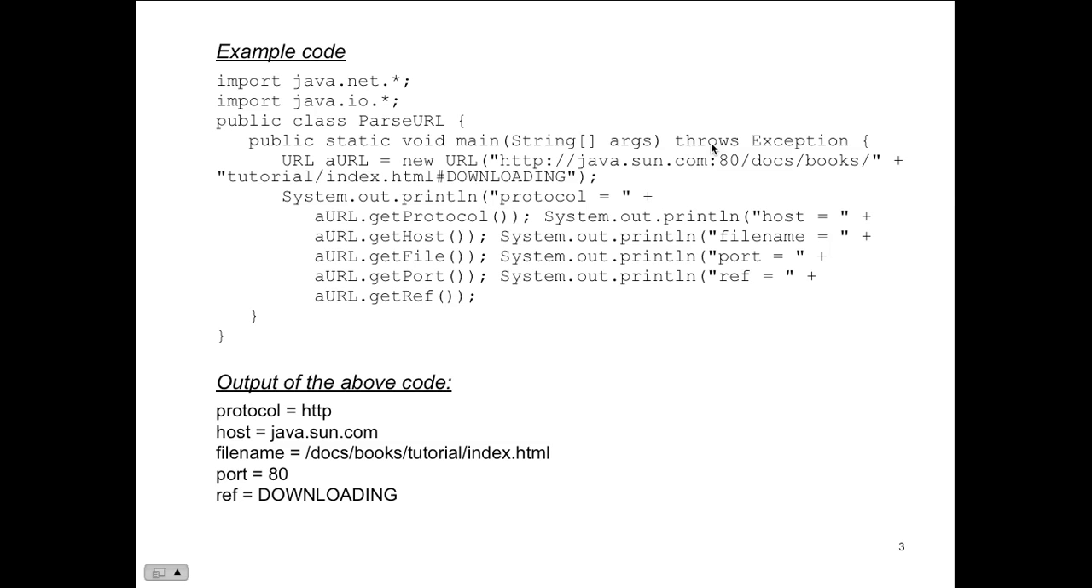So here we have a main method that throws an exception. A URL is going to be equal to a new URL, and here is the URL. And so we have a System.out protocol. It's equal to this, and here are the methods that we're running on the object. We're getting the protocol, getting the host, getting the file, getting the port, getting the reference. And the output that we're printing out to the screen is going to be